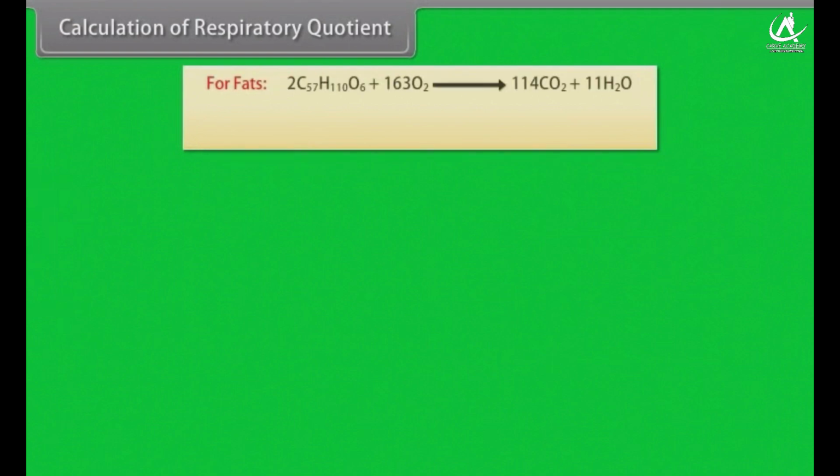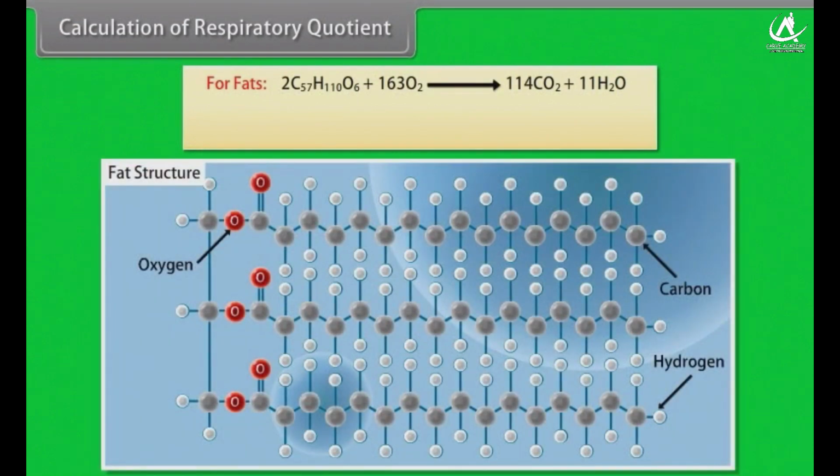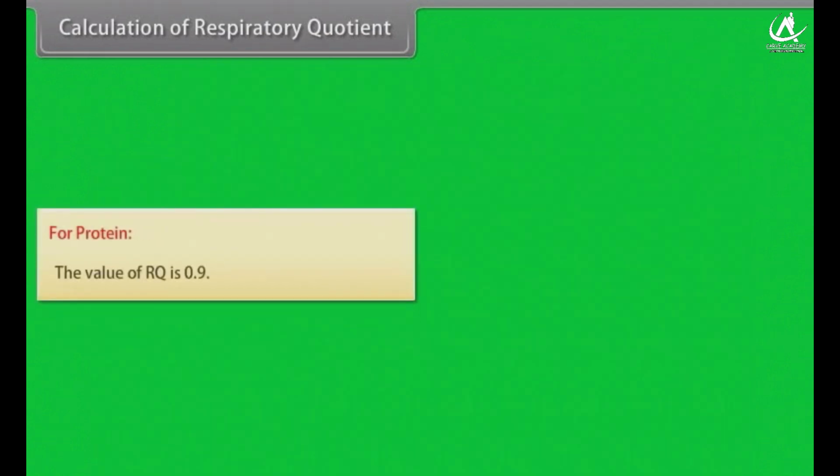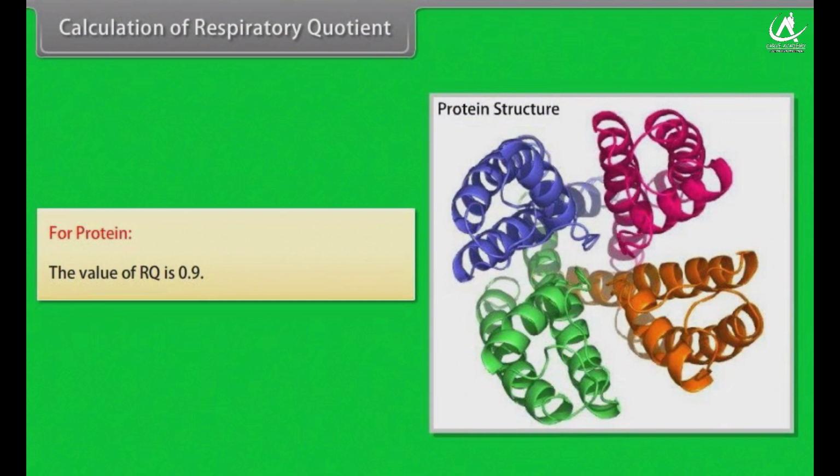For fats, 2C57H110O6 plus 163O2 gives 114 CO2 plus 110 H2O. Respiratory quotient is equal to 114 CO2 by 163 O2, which is equal to 0.7. For protein, the value of respiratory quotient is